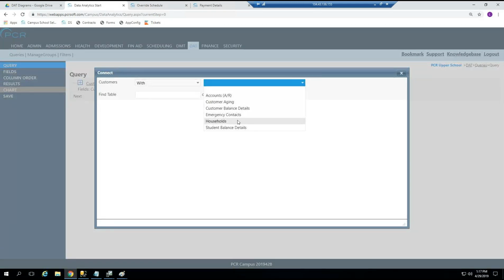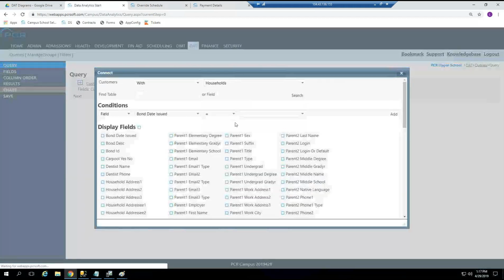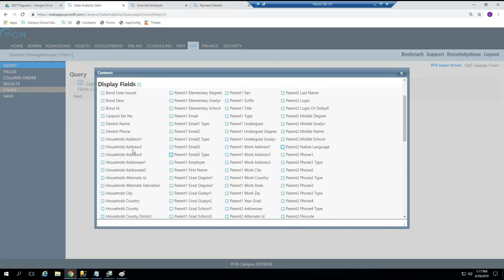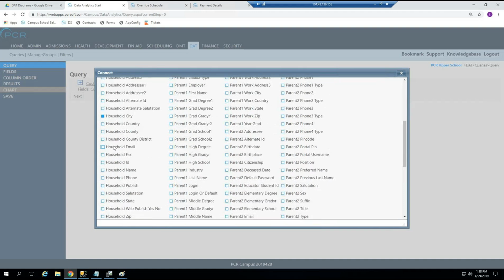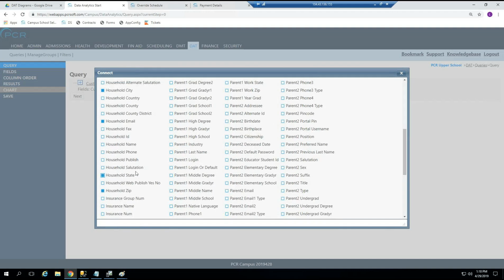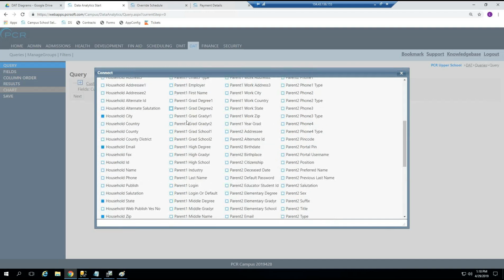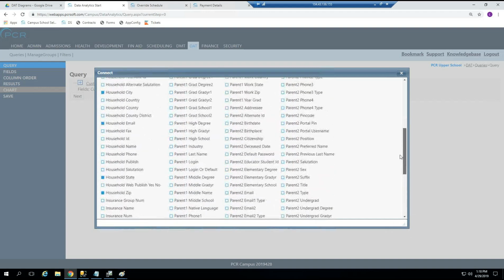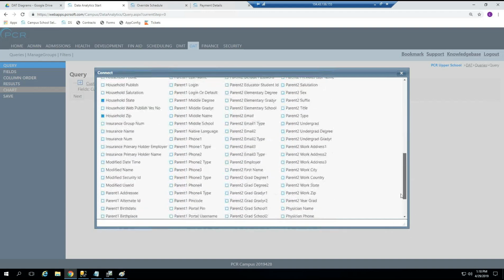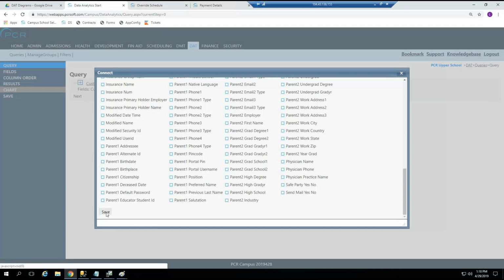And then I can connect it to the households table just like how we saw in our diagram. So in the households table, I can actually get more information. I want the address, I want the city, I want the email, I want the zip and the state. And then I can also get specific information for each contact within that family. So parent names and parent phone numbers and things like that, that would all be included in this table. So I've selected the address and I have the customer name from the earlier table, so I'll go ahead and